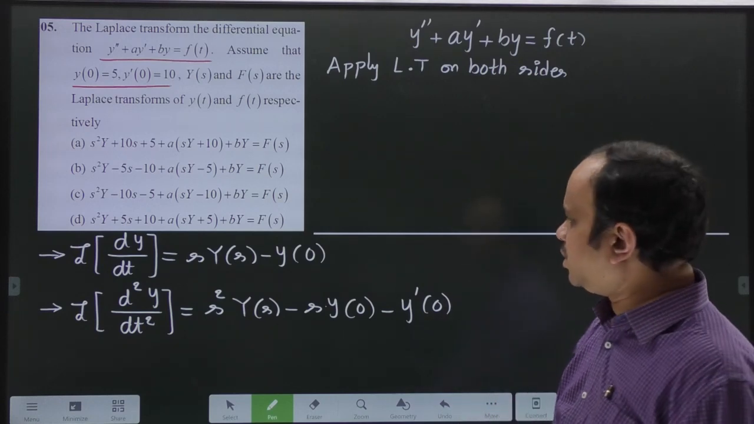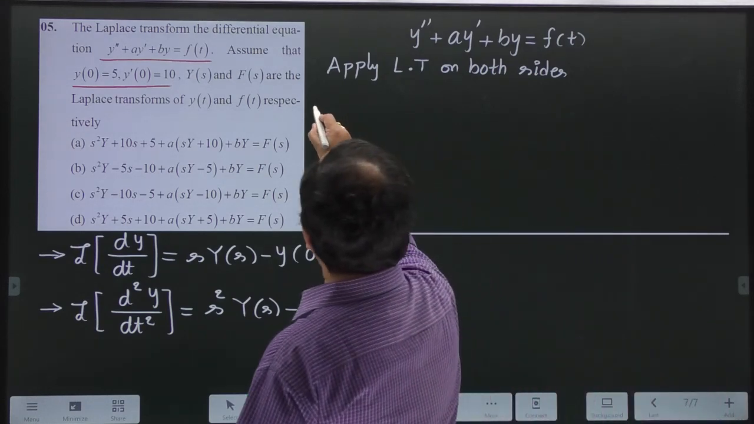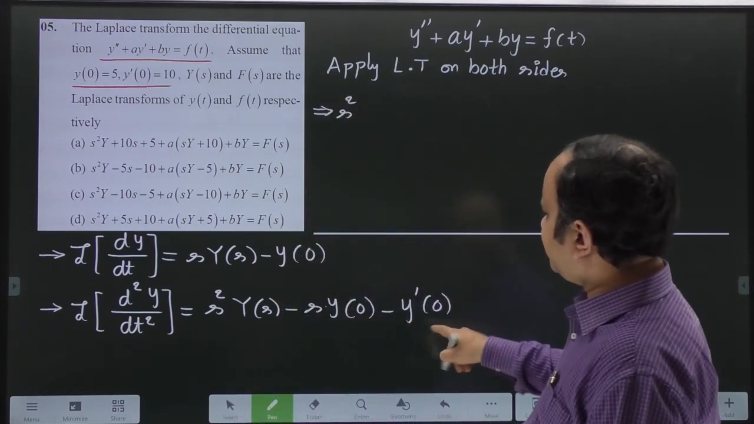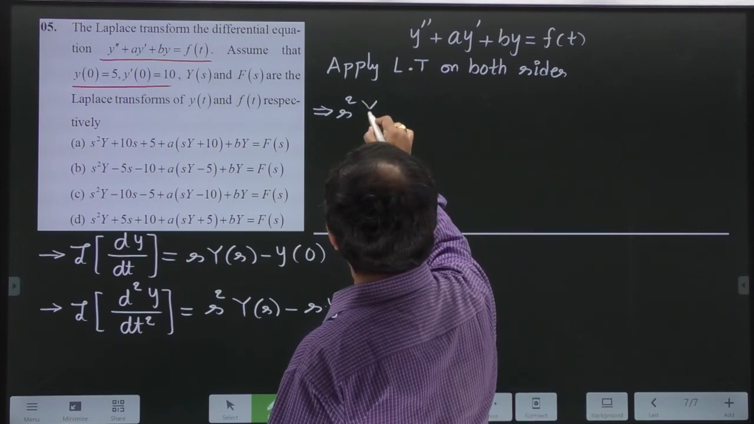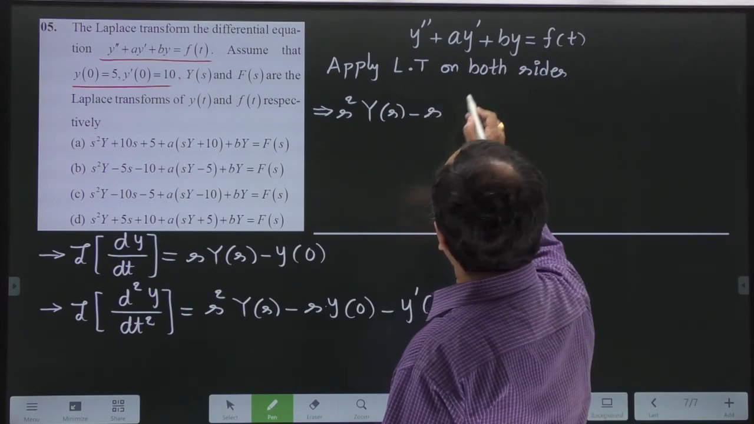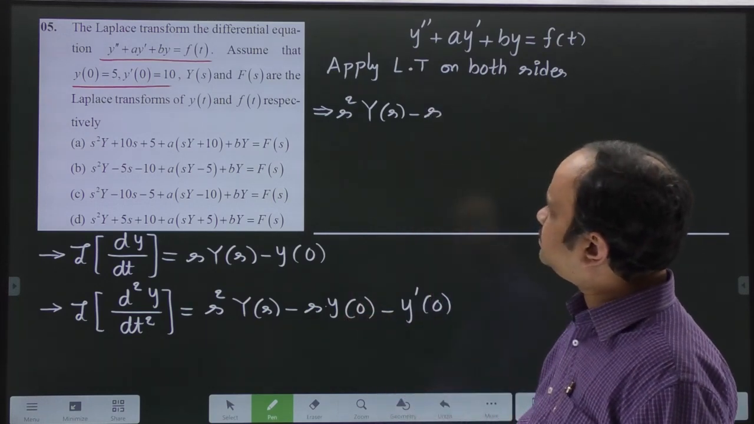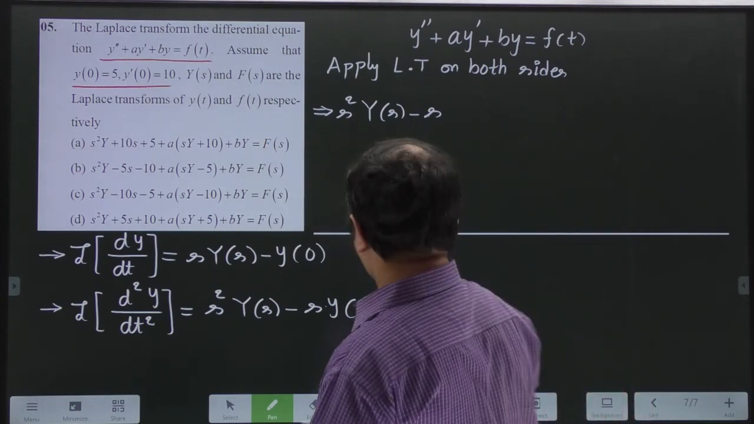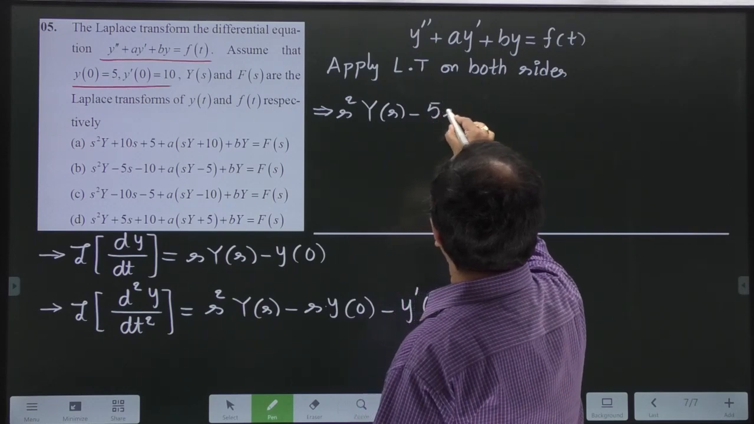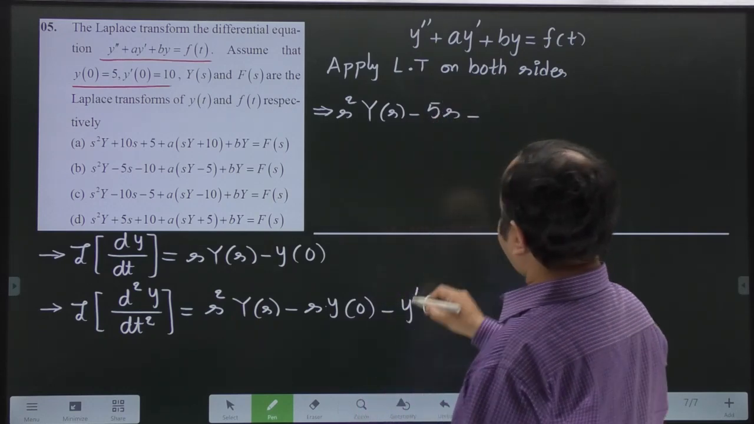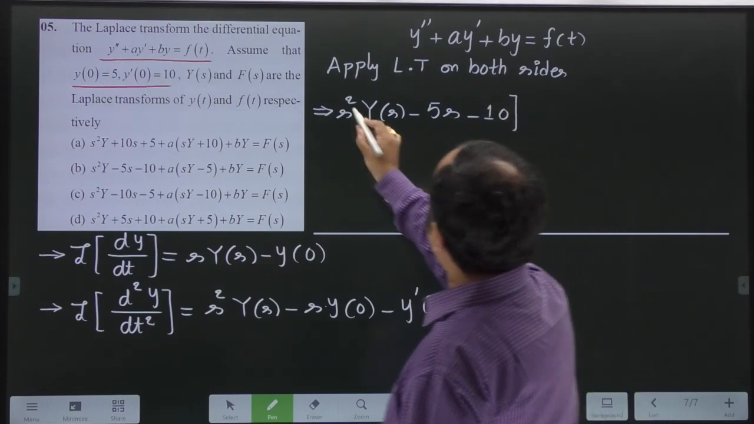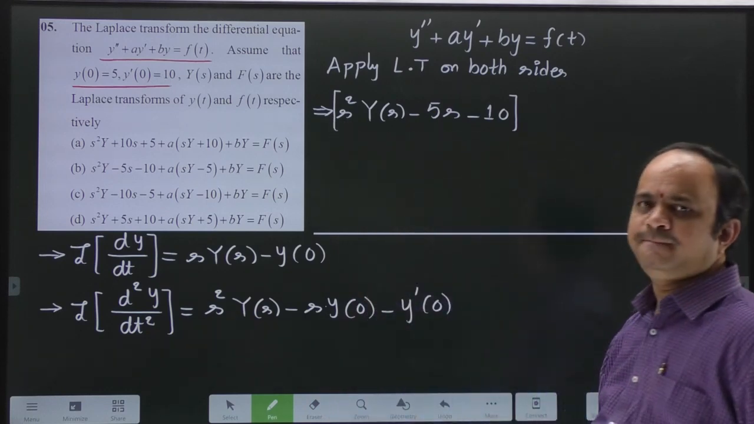Apply Laplace transform on both sides. So what you will get: s square into Y of s, minus s into Y of 0. Y of 0 is given as 5. Therefore, I can say here this is 5s, minus Y dash of 0, this is given as 10. So let us put it in one bracket here, plus